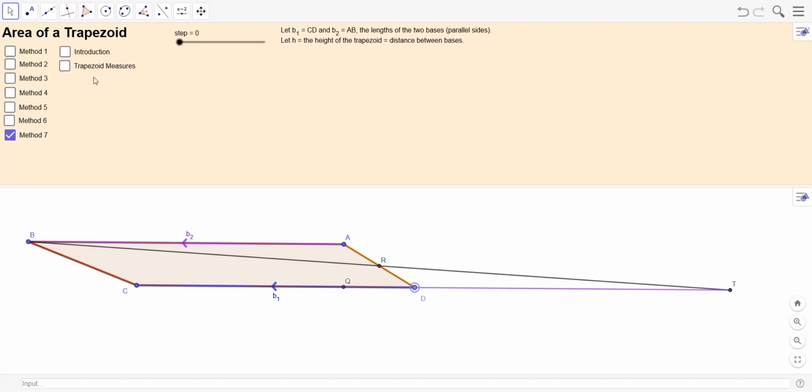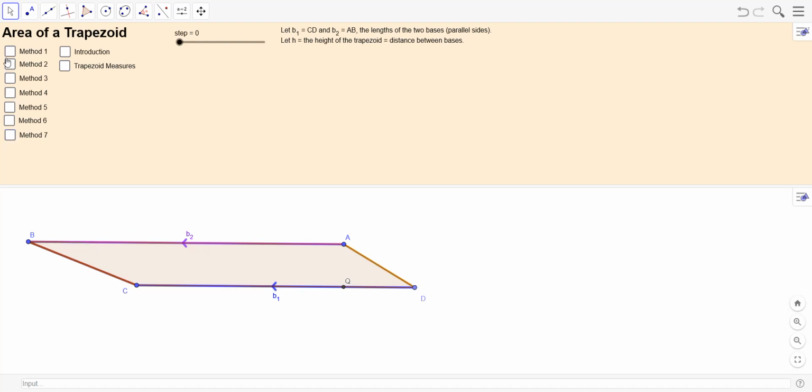So there are a whole bunch of different ways. Let's see, what is this one? The whole length here, you can show that this triangle here is congruent to the one up here. So this is base 2. So now the base is base 1 plus base 2. The height's still the same, h, so it's half of that. So you can see it as one triangle. You can see it as two triangles,